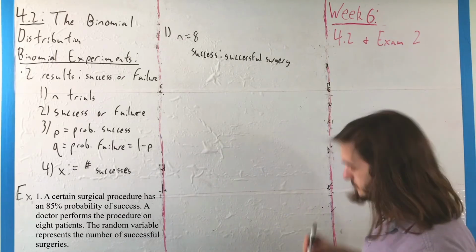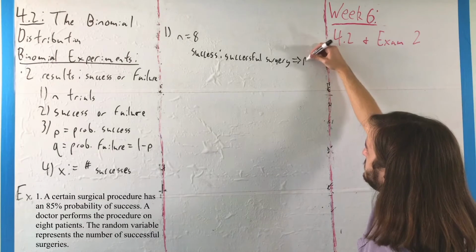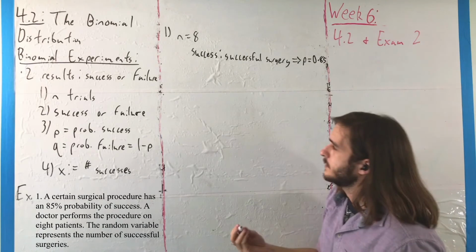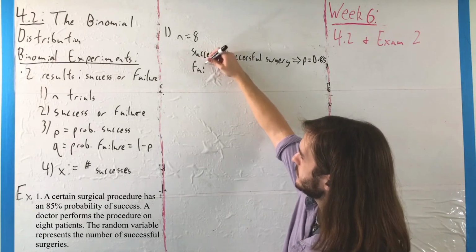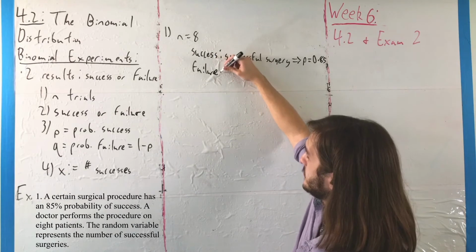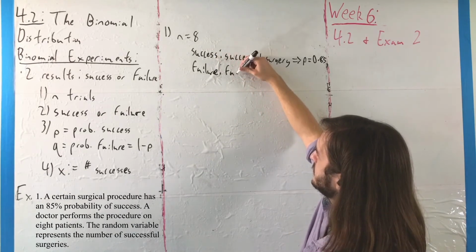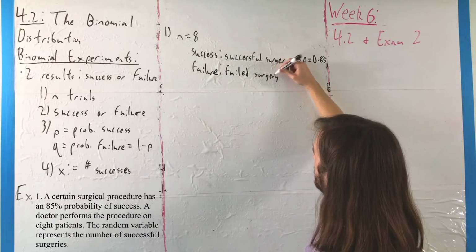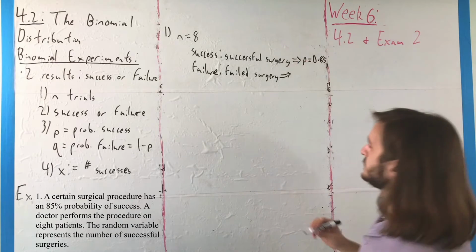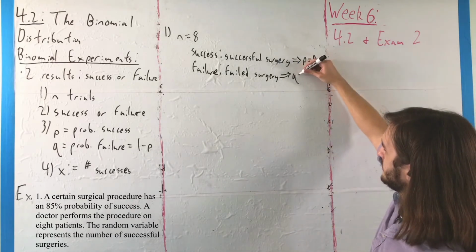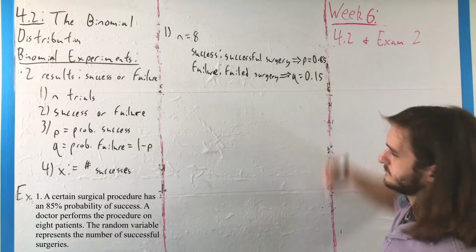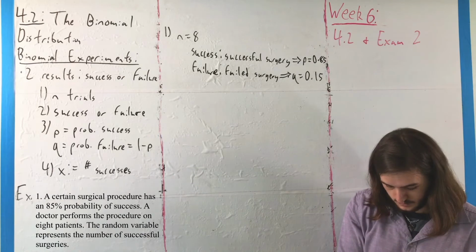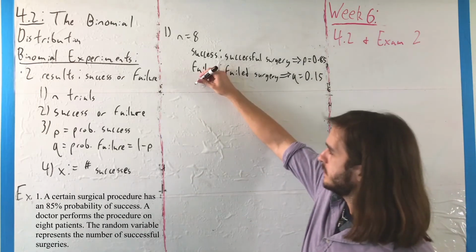In particular, we are given that P is that value 85%, 0.85. On the other hand, a failure is, again here, kind of clearly a bad thing. That would be a failed surgery, where, because P is 0.85, we'll have probability Q is 0.15. Complement. So, we're good on all of our pieces,